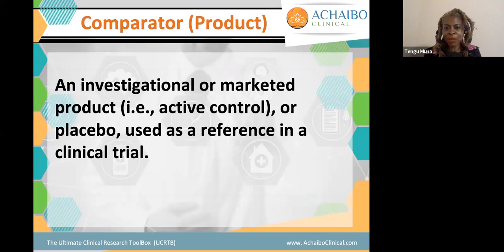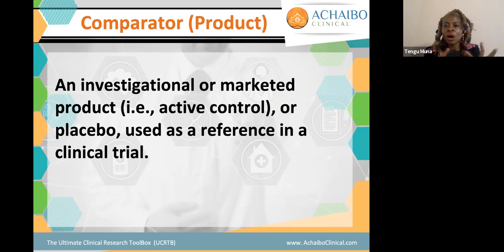A comparator, that's our next definition. In a clinical trial, typically, we are studying the active product, which is, let's say, our cassava study, right? We are studying what happens when someone takes a cassava peel. Let's say we've run some preclinical studies. We realized that when rats took cassava, maybe they reacted to pain less, and just things like that. And these are just really hypothetical situations, so I really want people to understand.